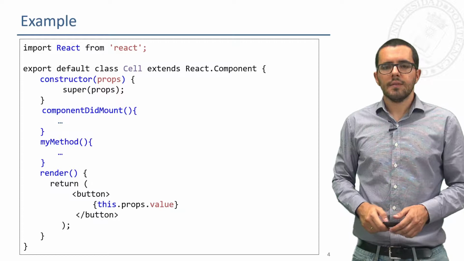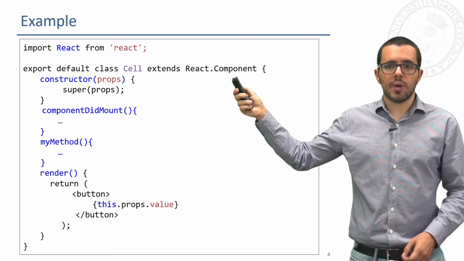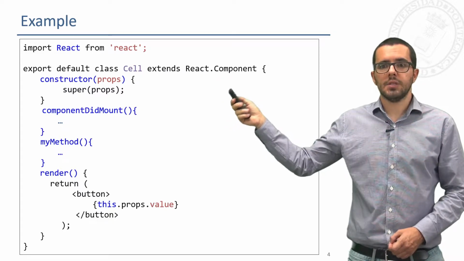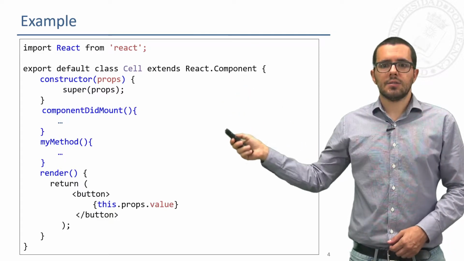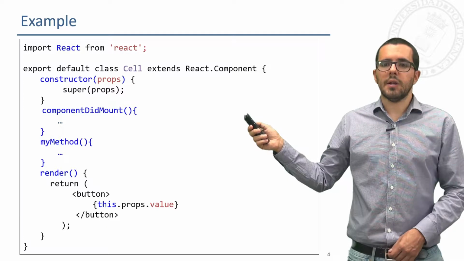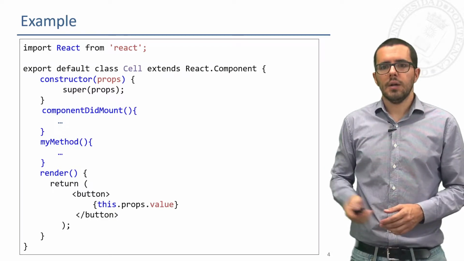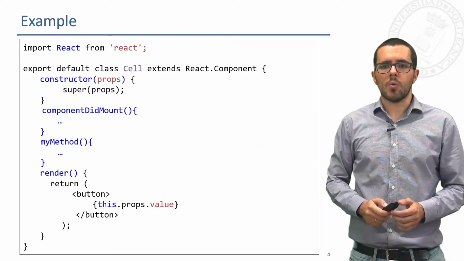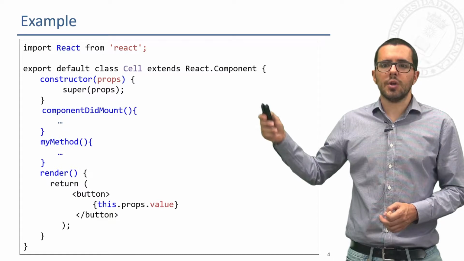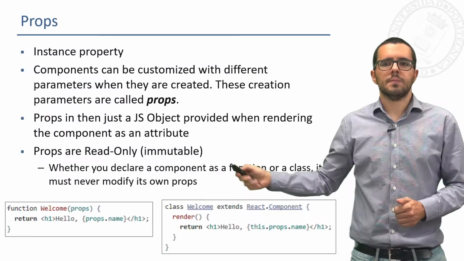This is just one example of a React component, a cell component, that has a constructor that receives the props and calls the super to pass the props, that is React component, and has three methods: the compulsory render method, a componentDidMount that belongs to the lifecycle, and a method that we have defined with a special functionality, for example. So this is how our component will grow. In the first place, it only has a render, but as it grows and we add functionality, we will add more methods defined by us, or lifecycle methods, or API methods.